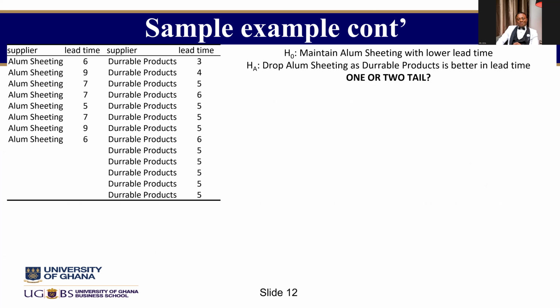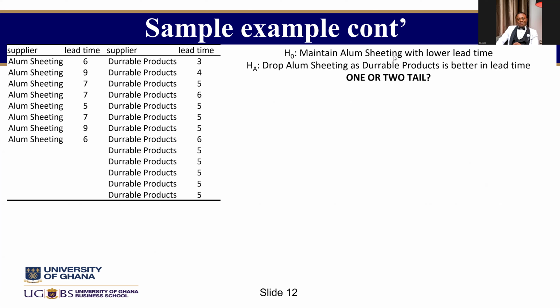I didn't write a hypothesis mathematically. Oh, so sorry, but I think what she said is the case. So it's supposed to be the H naught will be mu alum sheeting less than or equal to mu durable product. And the alternative, HA colon, mu alum sheeting greater than mu durable product. Okay. So when you formulate it like that, in case somebody doesn't understand what we are doing,